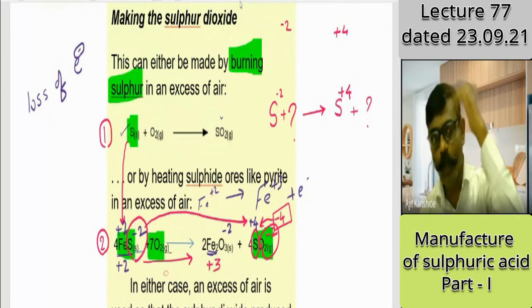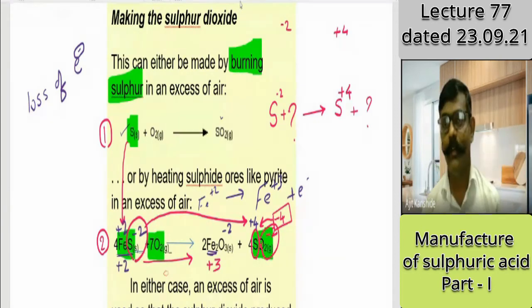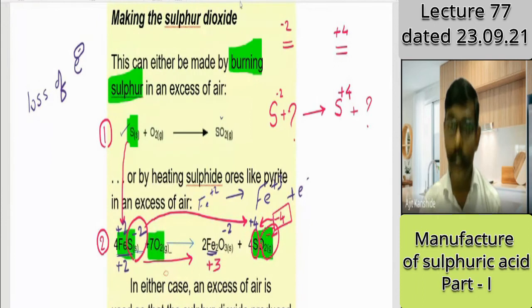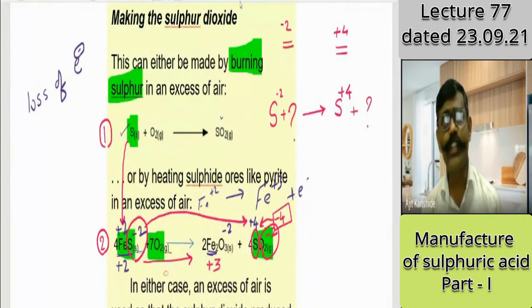By removal of electron, if you remove negative charge, or you have to add negative charge. -2 is one number. From that you have to find +4. This negative number you have to convert to positive. Then a negative thing you have to remove or add. If you increase negative, negative will increase. But if you remove negative, negative will turn to 0 or positive. So how many -1s you have to remove from here so that you will get +4?